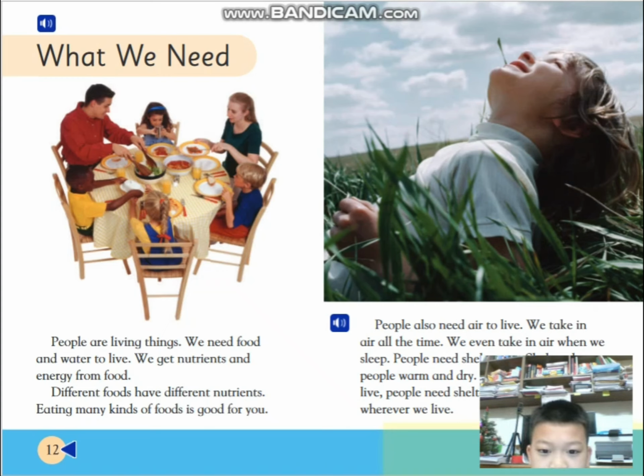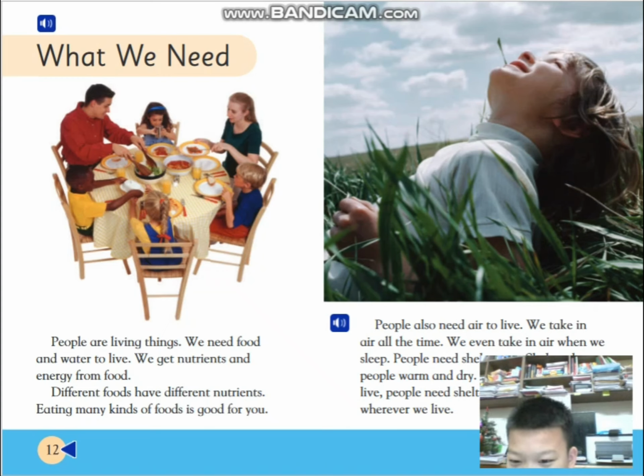Here is his family. What I'm talking about is they are having dinner. Look what they're having. This picture is so small that I couldn't see the food. Anyway,